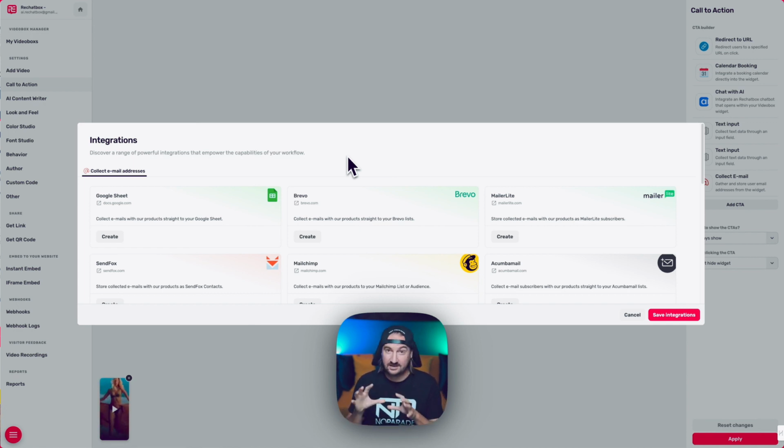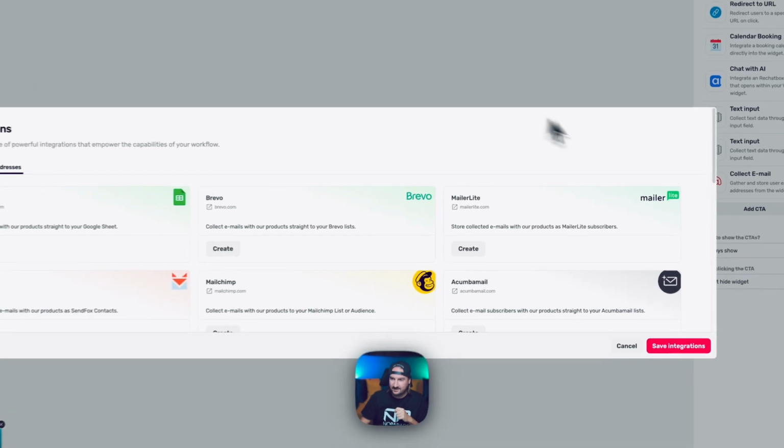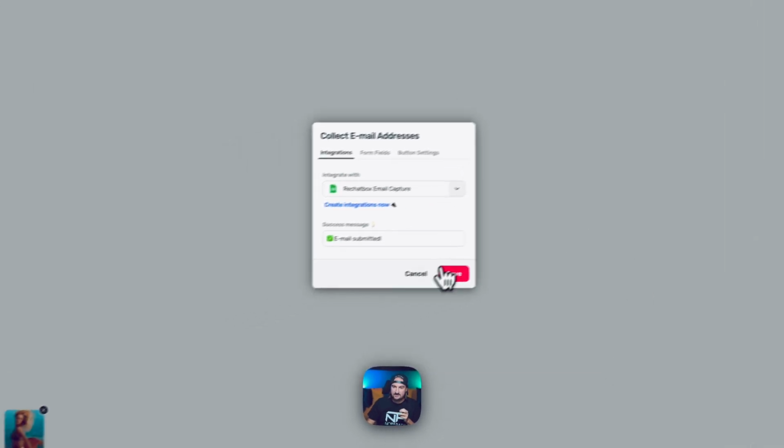to sync your data to a Google Sheet, or choose from our integrations, or sync it with Pabbly or Zapier to your favorite CRM like Highlevel or email marketing software. So let's dive in. The first thing you need to do is go to your